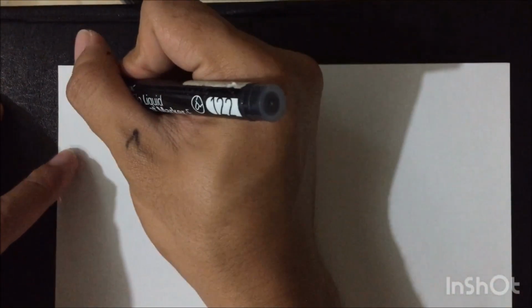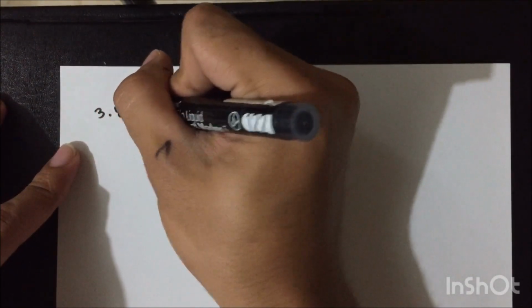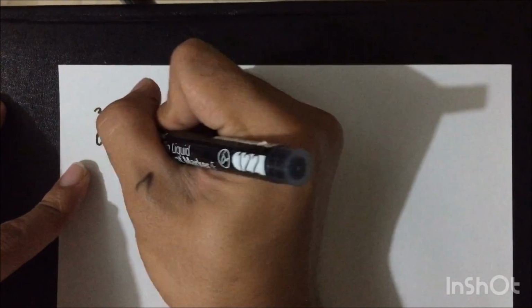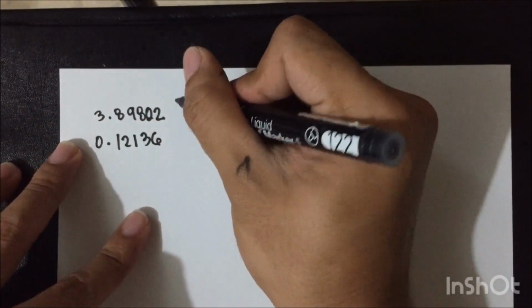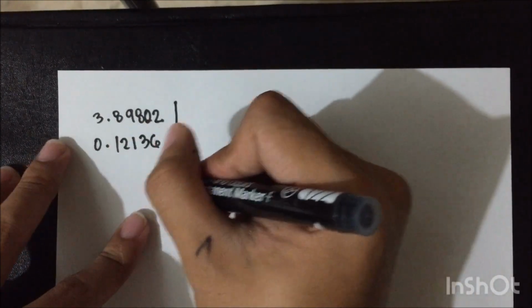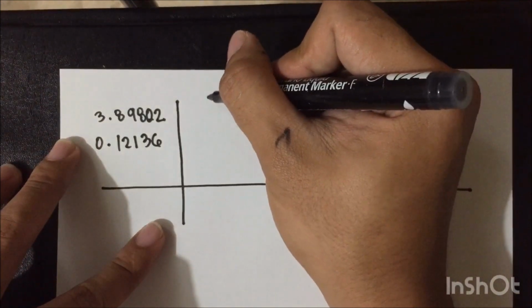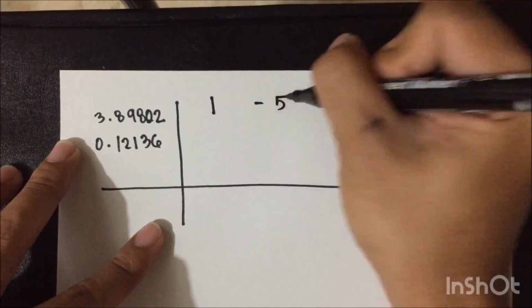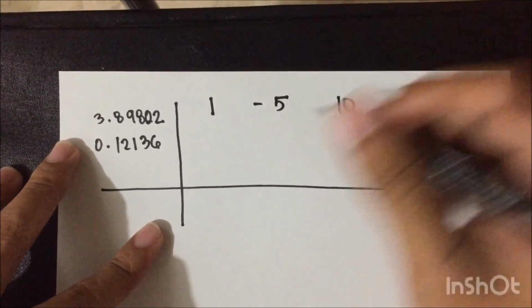Okay class, nasa pangatlong iteration na tayo. Bagong value na naman ng R, which is 3.89802 at bagong value ng S, which is 0.12136. Of course, synthetic division ulit natin sa value na ating function, coefficients, -10 and 4. So bring down 1